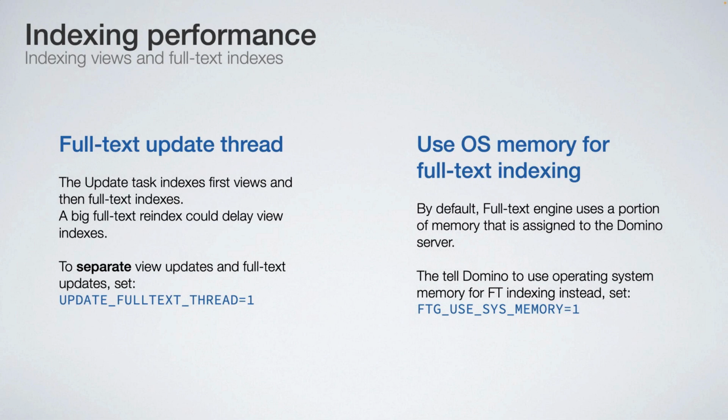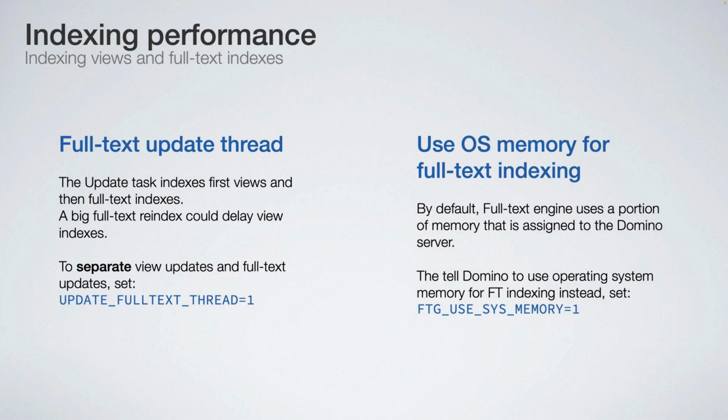But if you have some big full text update in the queue, it can occupy the thread for minutes, for example, and all the classic ad hoc view updates need to wait